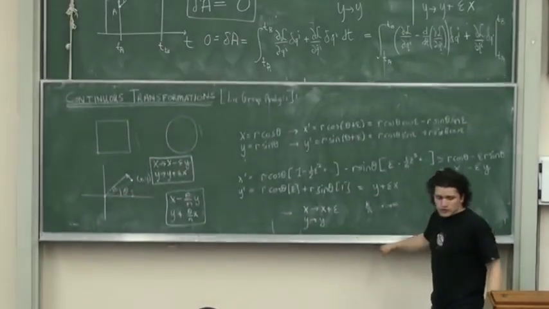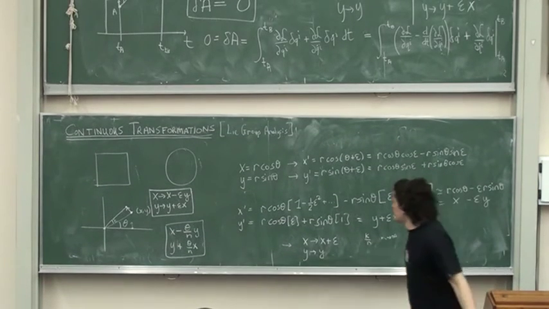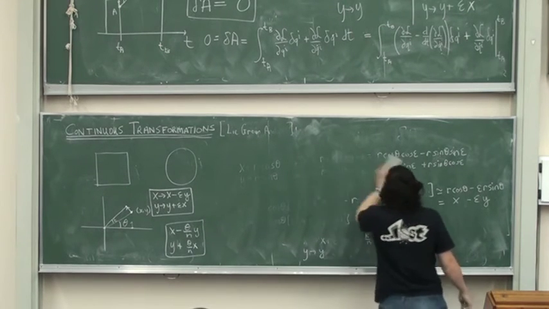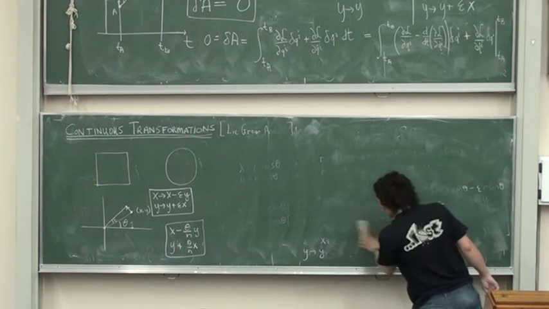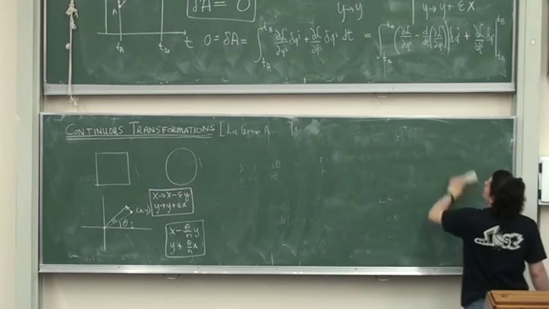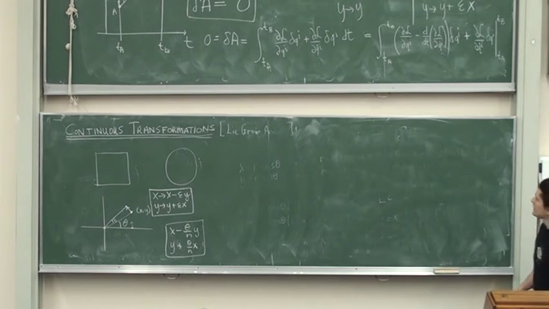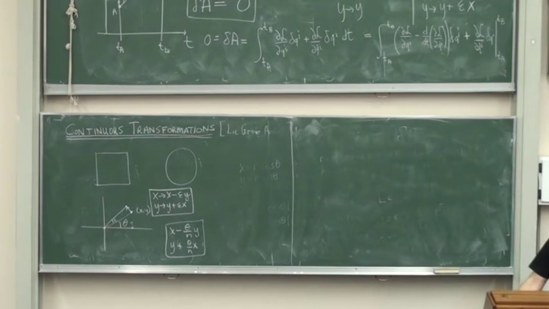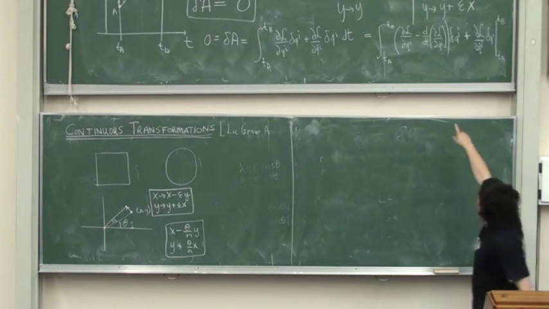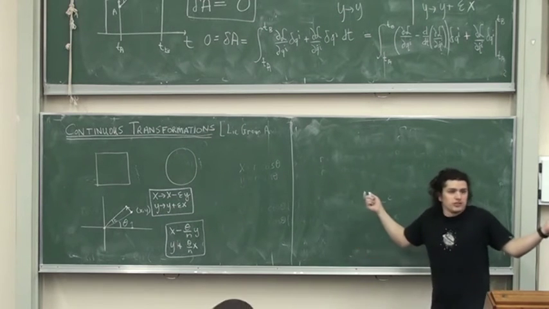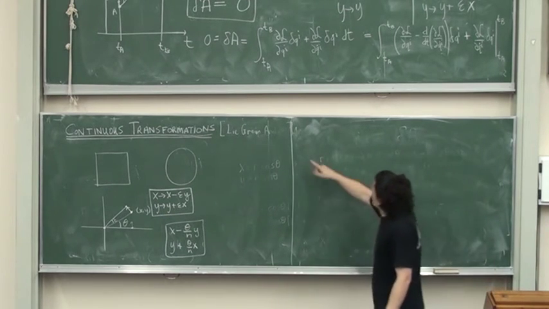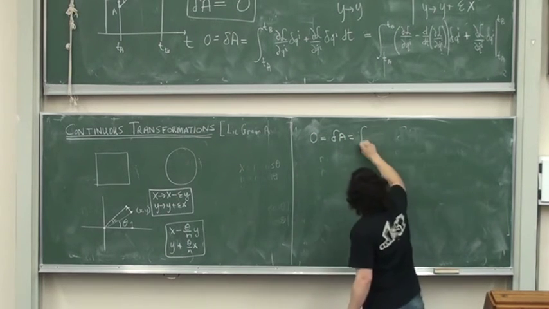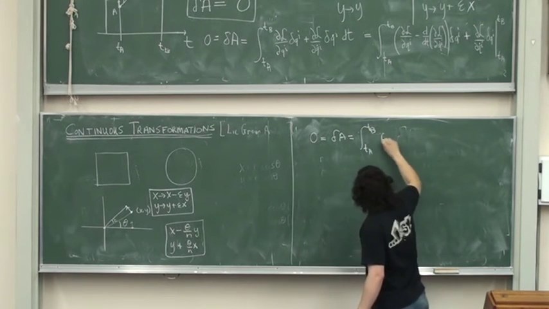We have not yet used the principle of least action, or indeed Lagrange's equations, which we can now make use of. The thing inside the integral upstairs, what does it look like? Lagrange's equations. What do we know the answer to that to be? 0. So indeed, we can replace that with a 0. And that's 0 by the principle of least action. You can say, well, indeed, just by mechanics. So we've currently got 0 is equal to delta A is equal to the integral from tA to tB of 0 dt